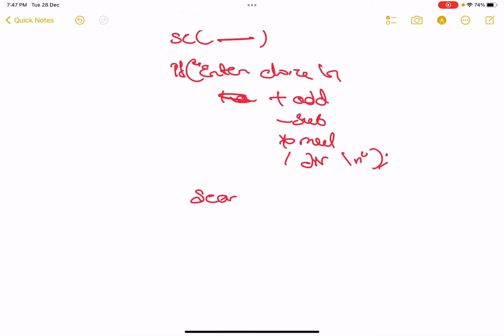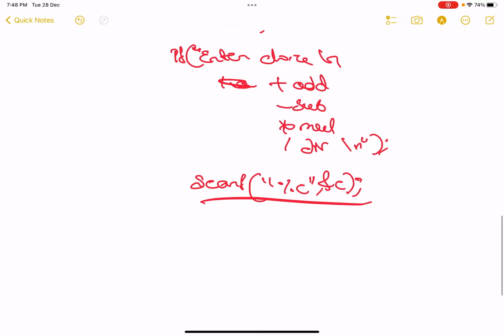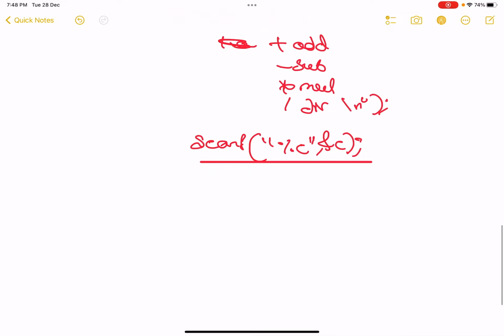Then scanf with %c and &c, because c is the character variable and %c is the format specifier. This much is done, and we get the input.